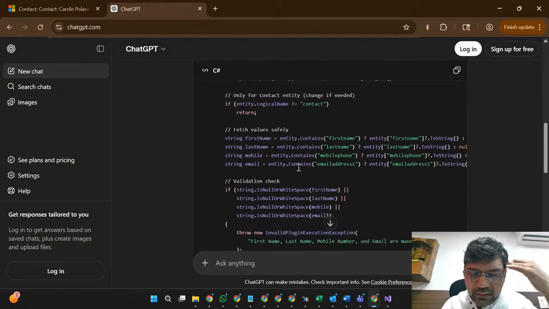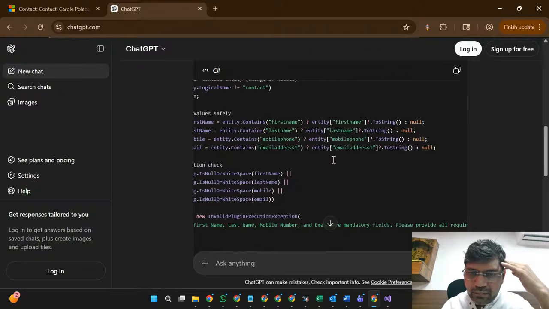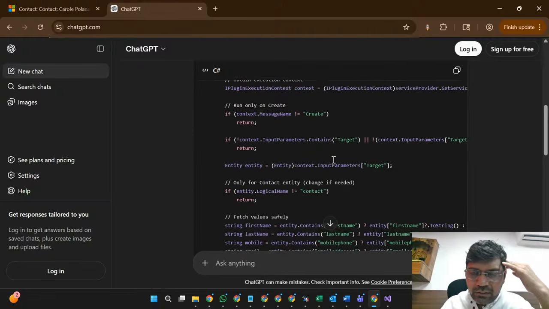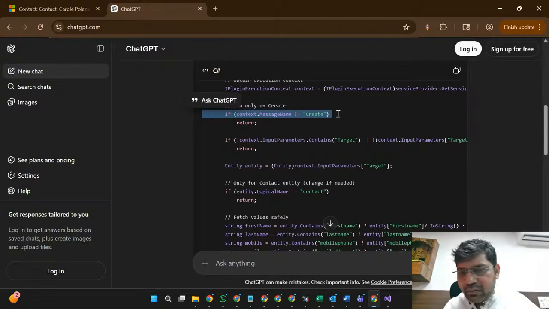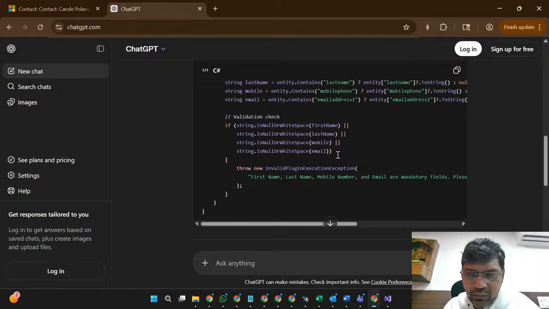See, this is the complete information that we have written here. Suppose this is a great scenario here. We have to validate this particular scenario. So what happens?